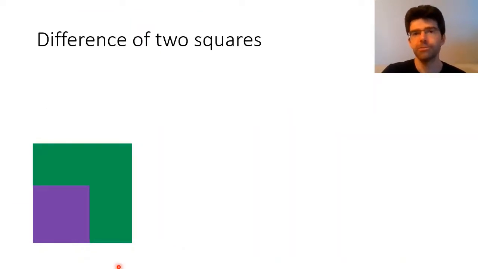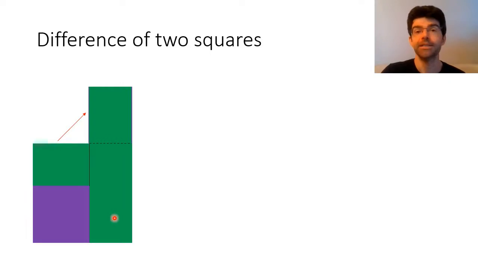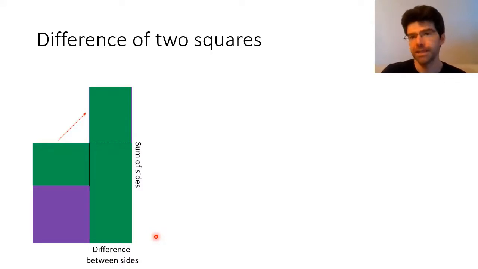So if we think about the difference of two squares geometrically for a second, it could be thought of as an L shape, and we can snip at the bend, rearrange into a rectangle, and see that the area of that L shape is the product of the difference in side lengths times the sum of the side lengths. It's the familiar factorisation of x squared minus y squared. Now imagine reversing that process.